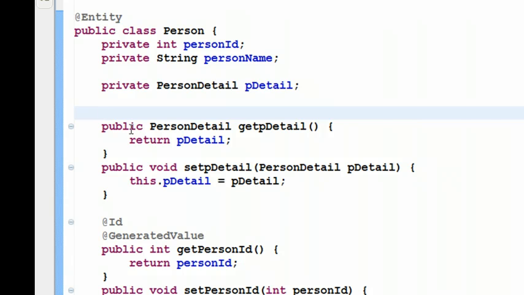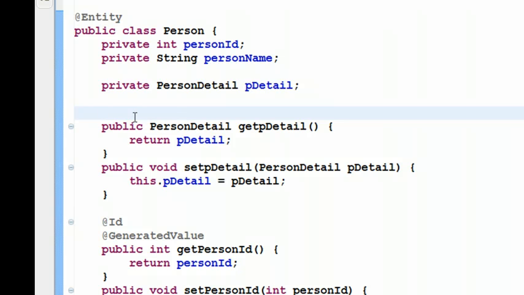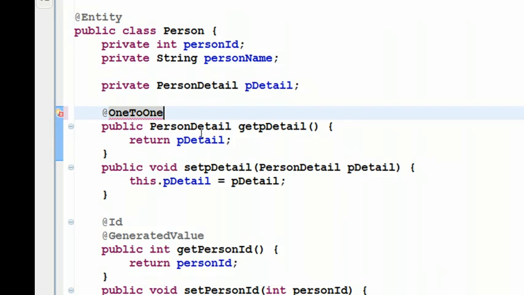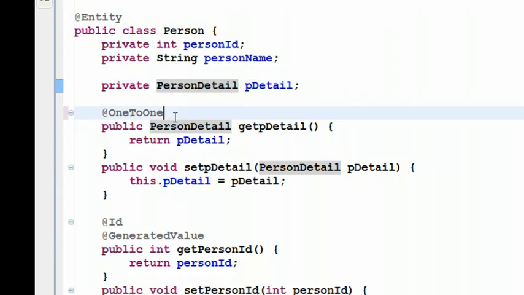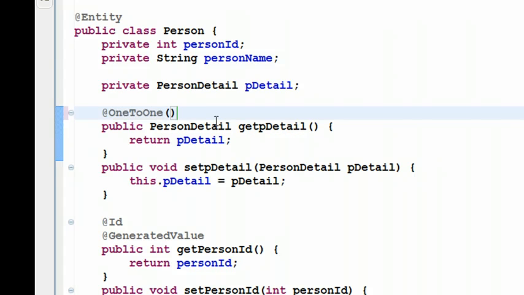So now that we have the instance of person detail in the person class and the getters and setters, all we have to do to create a one-to-one mapping is go to the getter method of this person detail object and then say at one, control space, and then you can select one-to-one from javax.persistence. This will create a one-to-one relationship between the person table and the person detail table. Now we also have certain other parameters for this one-to-one mapping. Let's put within parentheses cascade equal to cascade type